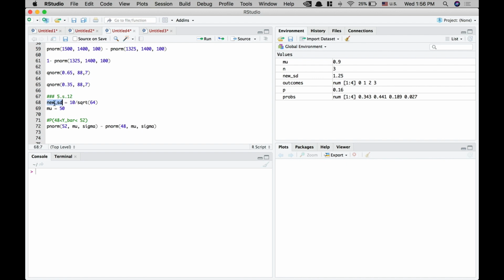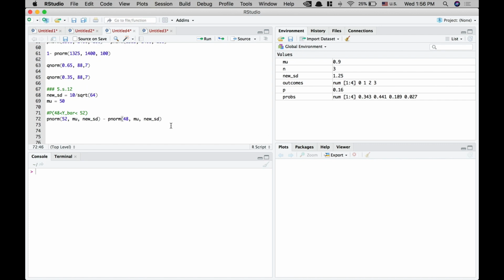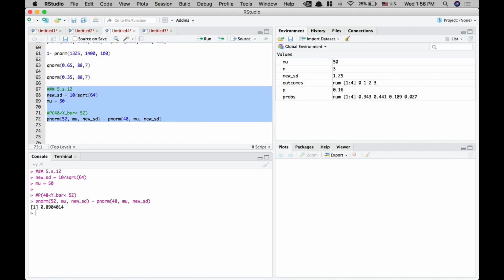And the sigma is the new SD because the sampling distribution will have a different standard deviation compared to the population distribution. So if we run every line of this script, this is the probability. What this says is the probability that y bar lies between 52 and 48 is